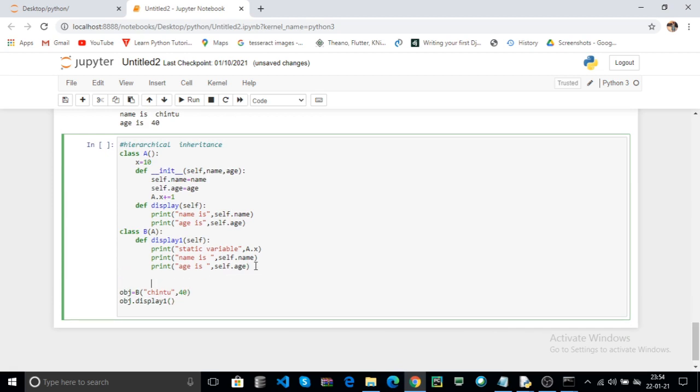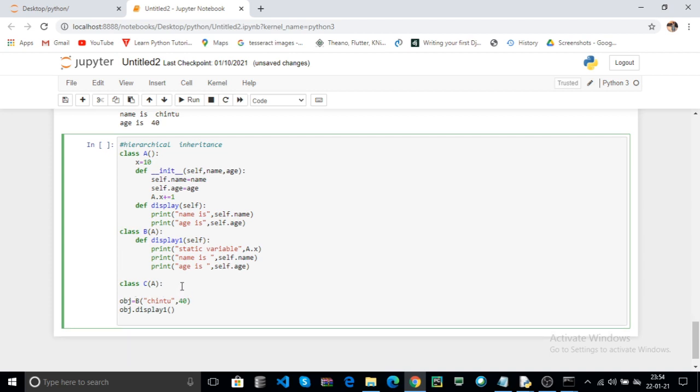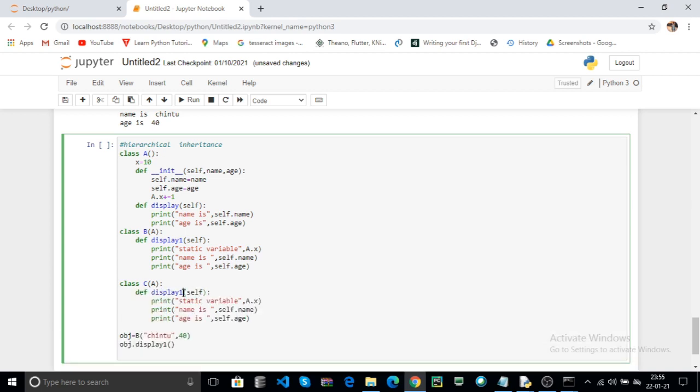Here create another class, class C, with the same parent, that is A. Here B contains the same parent and C contains the same parent, that is the inheritance. Here we can access the parent data also. I use the same method here with a different method name or different function name.